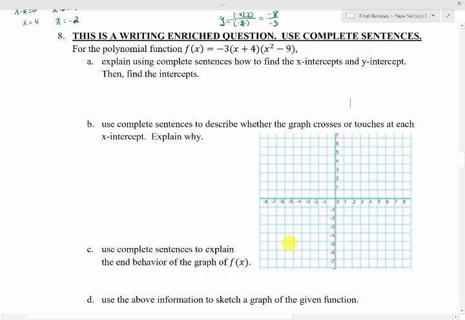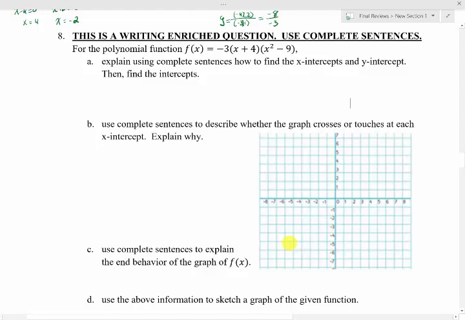Number 8. For the polynomial function f of x equals negative 3 times (x plus 4) times (x squared minus 9), do the following. And this is a writing enriched question, so we'll make sure we use complete sentences for all of these. For part A, we want to use complete sentences to explain how to find our x-intercepts and our y-intercepts,